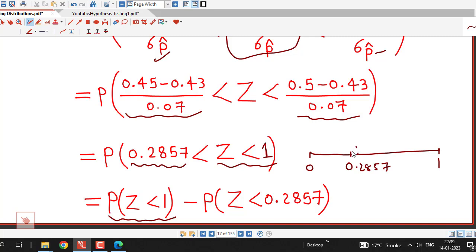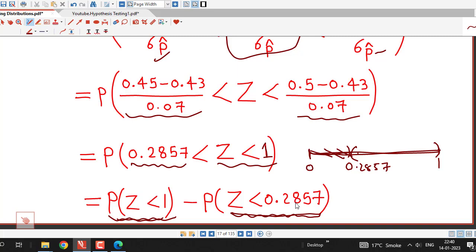So to decide this probability, first I am considering probability up to Z equal to 1, that is probability that Z is less than 1, and I don't require this part. So I am subtracting this probability that Z is less than 0.2857, and these two probabilities are cumulative standard normal probabilities, so that we can decide using cumulative probability table for